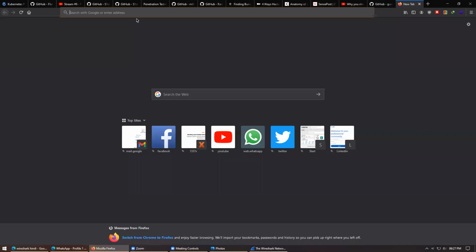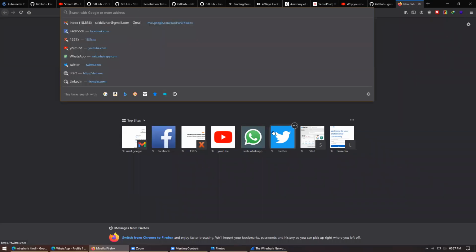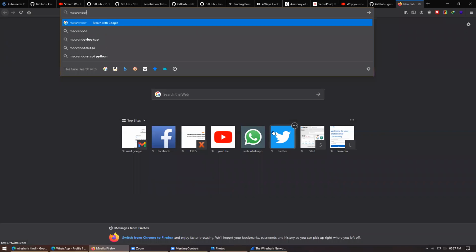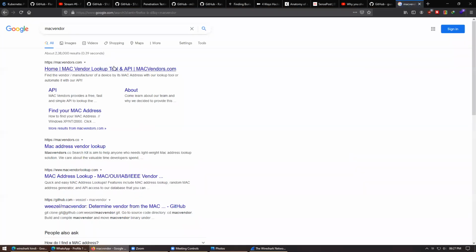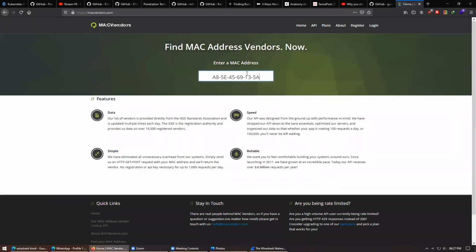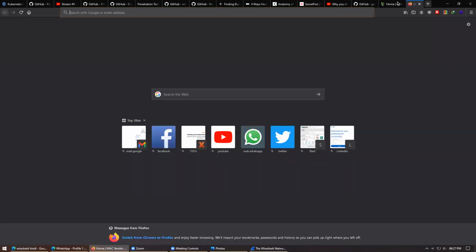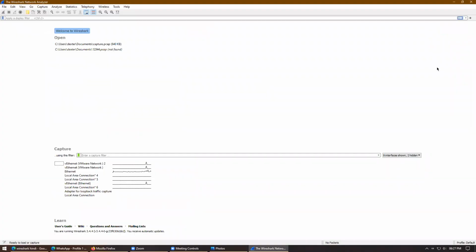So let's see who the vendor of my device is. Go to the simple website macvendor.com and check the MAC address. It's ASUS Tech Computer Incorporated, so the device I'm using is ASUS.